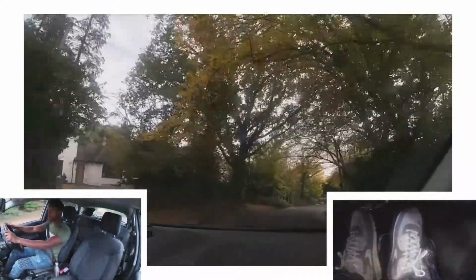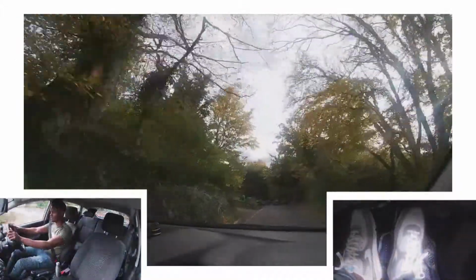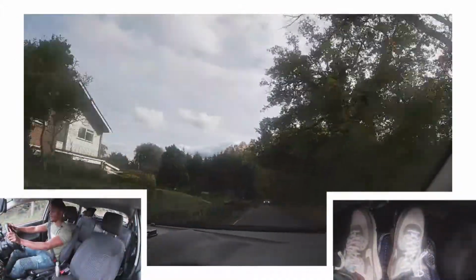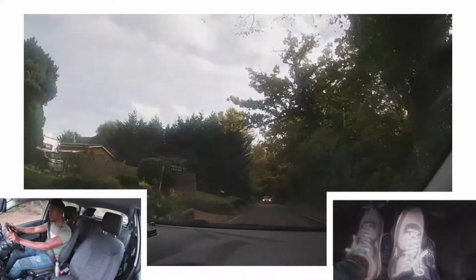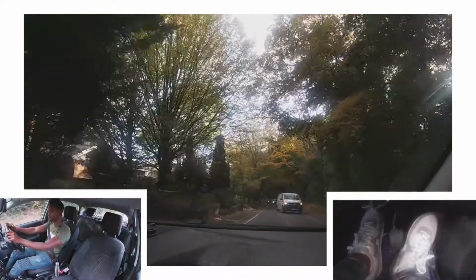It's downhill now, so I'm going to brake a bit just to control my speed. I'm not touching the gas at all, I'm just using the brake to control my speed. I can see there's a van in my lane here, and I don't know what he's doing. I think he's moving off, so I'm just going to give him some space. Check my mirrors, go into 1